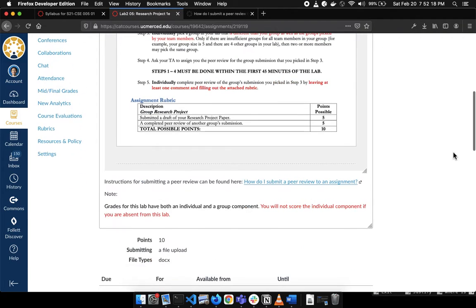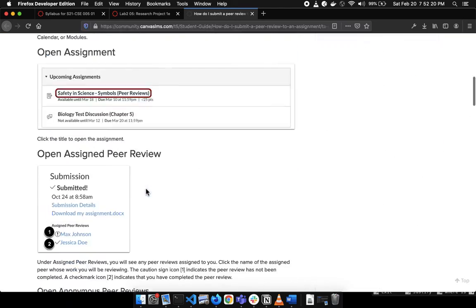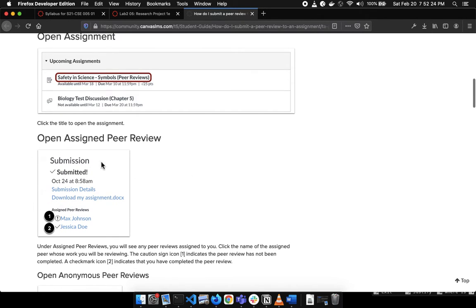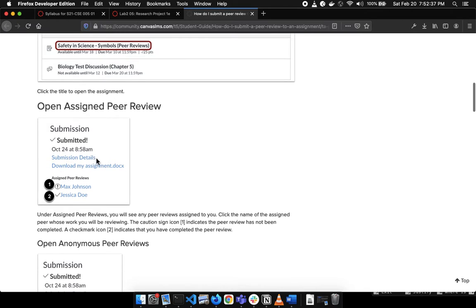And that will take the form of this box here. So in your assignment page, you'll see that there's an area for the submission and the status of it. Since only one person per group is assigned or submits your paper, you may not see this part. But you will see this part once a peer review has been assigned to you. You can then click on their name